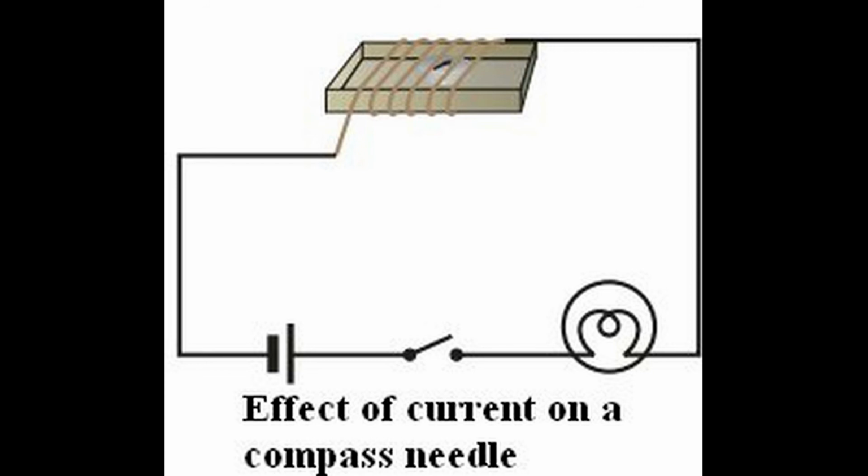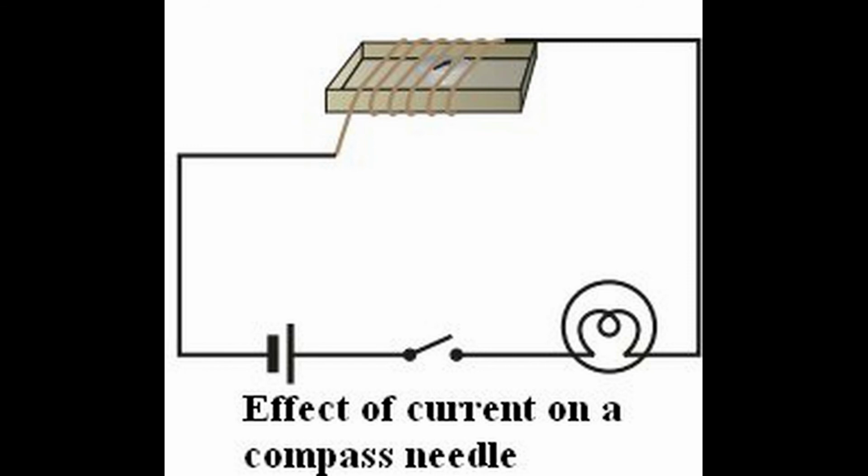Repeat this experiment. This was done by a scientist called Hans Christian Ørsted. He was the first person who noticed the deflection of the compass needle every time the current was passed through the wire. So when electric current passes through a wire, it behaves like a magnet. This is the magnetic effect of electric current. Once again, if an electric current passes through a wire, it behaves like a magnet.